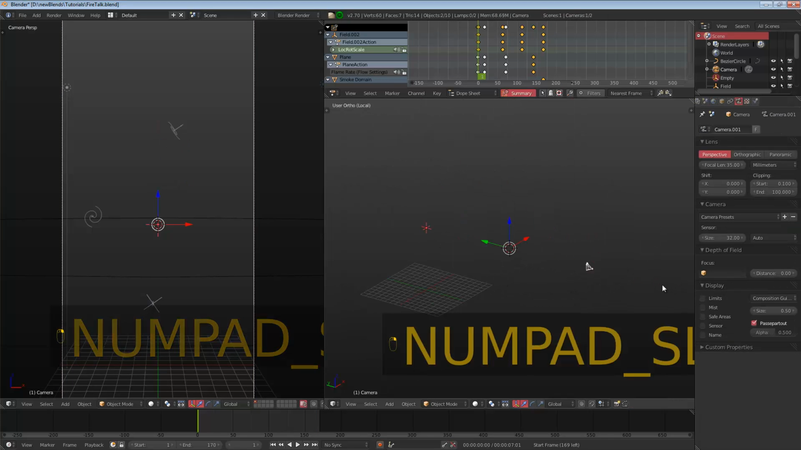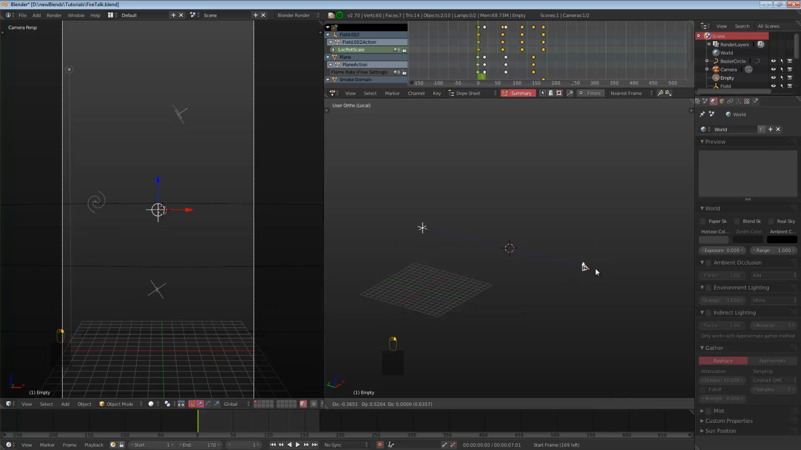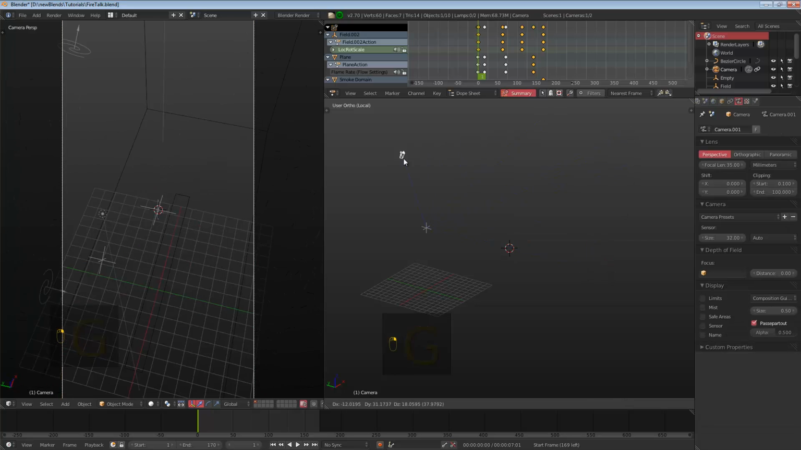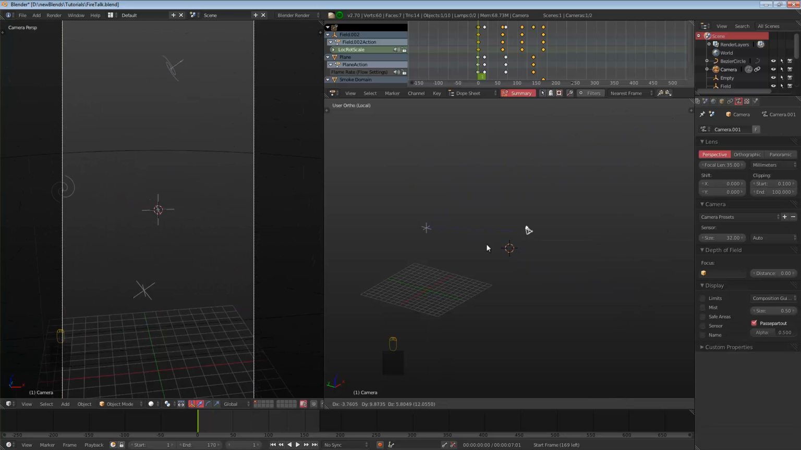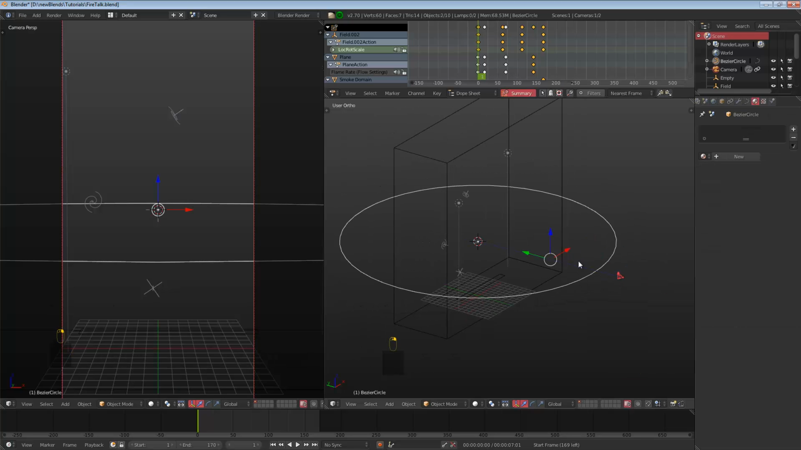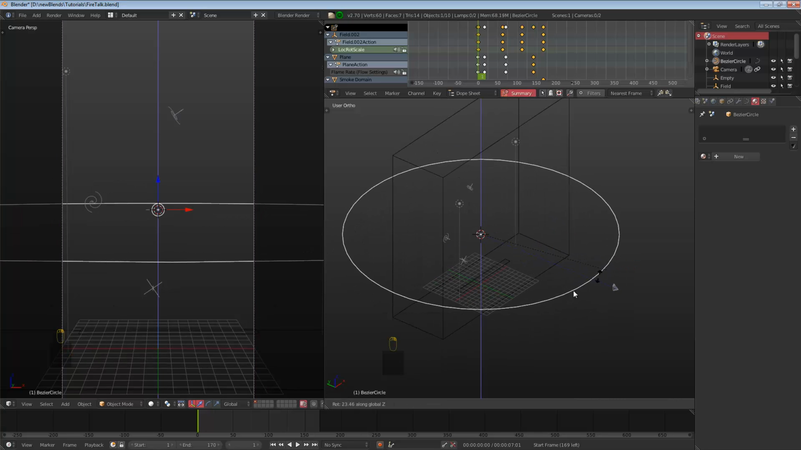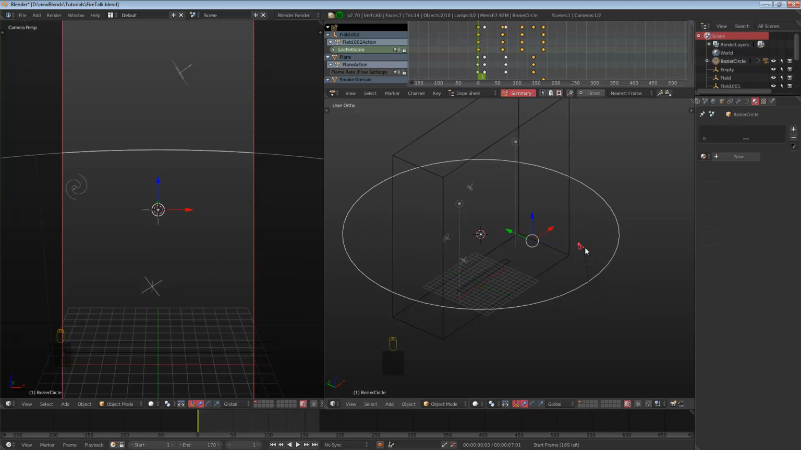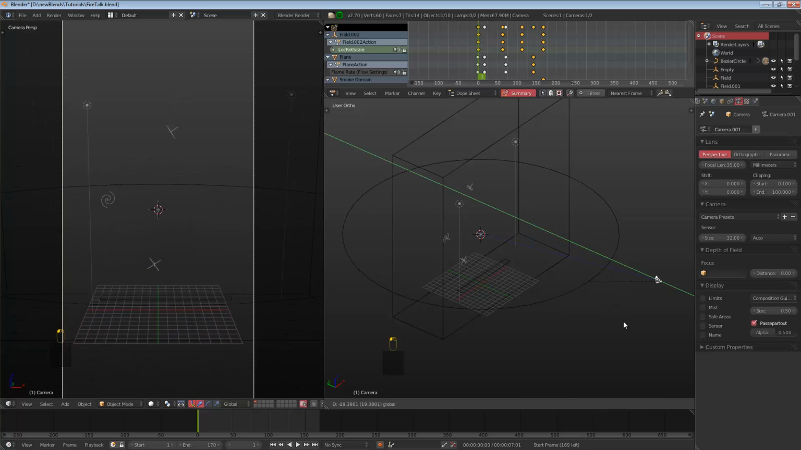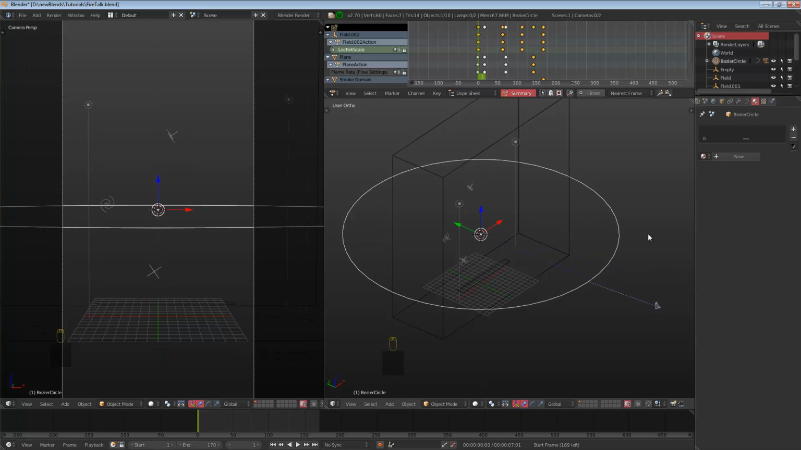Actually, here we'll just go in local mode for a moment with / Control T. Now you see, no matter what, the camera is looking at that empty, and that's really important for me because I need my camera to look where I'm pointing. And so now you see I've taken the camera, Control P to object. Now the camera is parented to the circle,